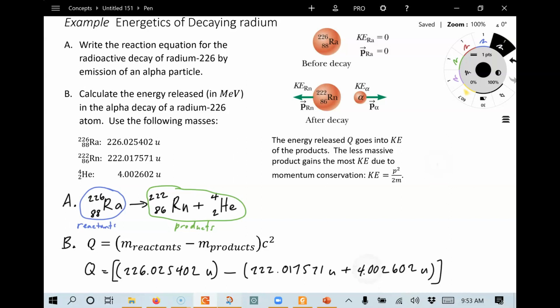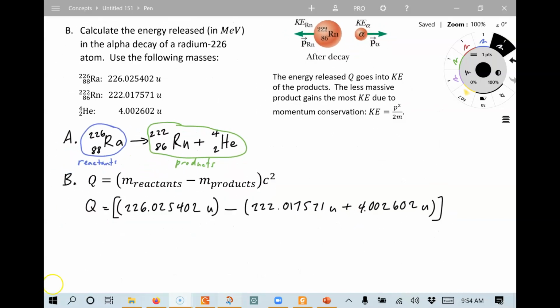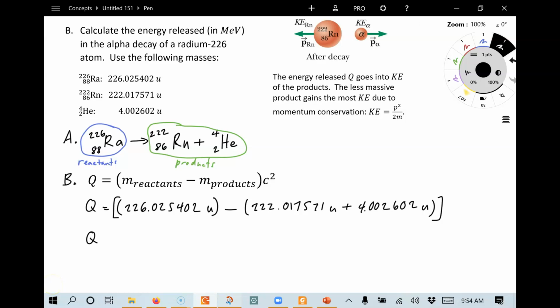Putting this into the calculator, this gives a value, I forgot to multiply by C squared. This gives a value of 0.005229 U